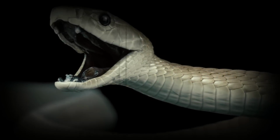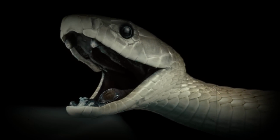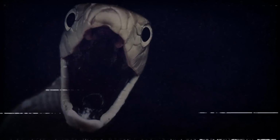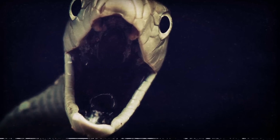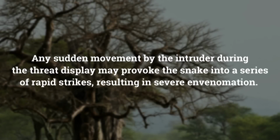Black mambas are agile and fast, despite being skittish and often unpredictable. They rarely tolerate humans approaching them closer than 40 meters in the wild, 130 feet. They are likely to engage in a threat display when confronted, gaping to expose their black mouth and flicking their tongue. They may hiss and spread their neck flap as well. Any sudden movement by the intruder during the threat display may provoke the snake into a series of rapid strikes,